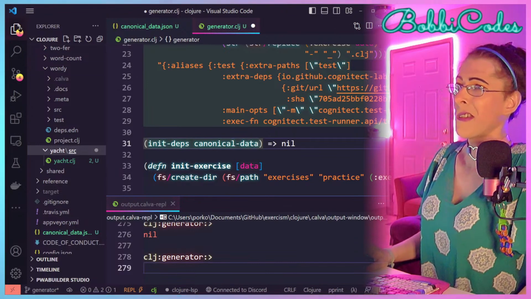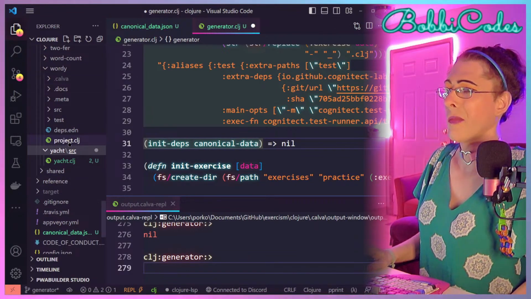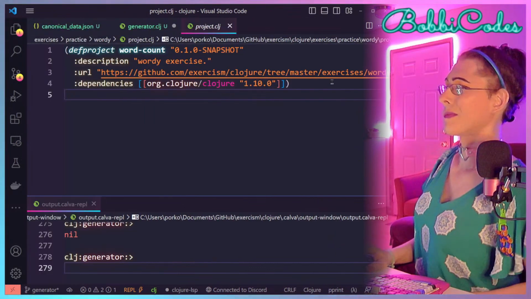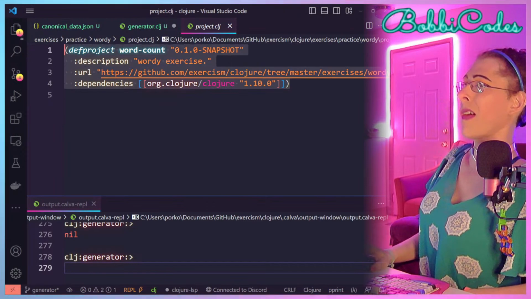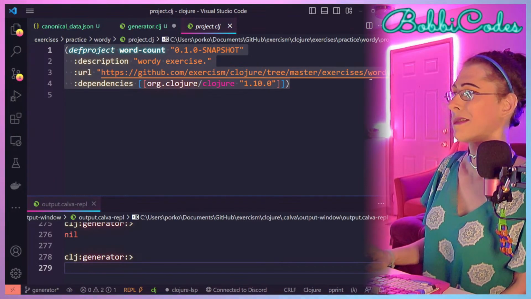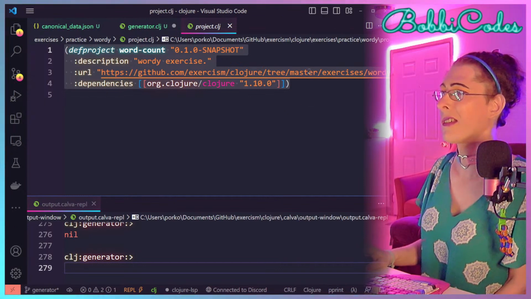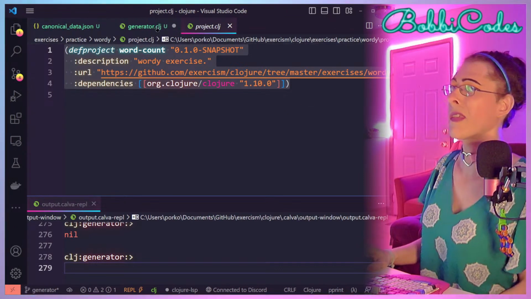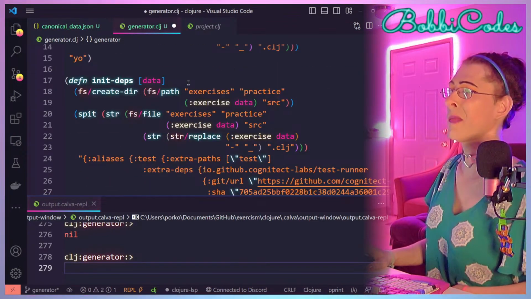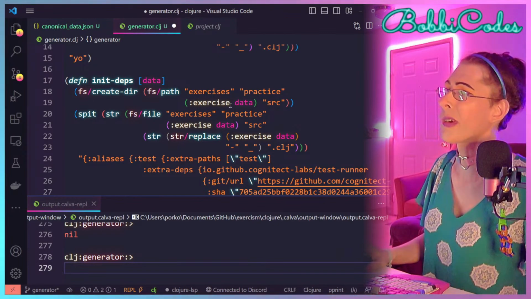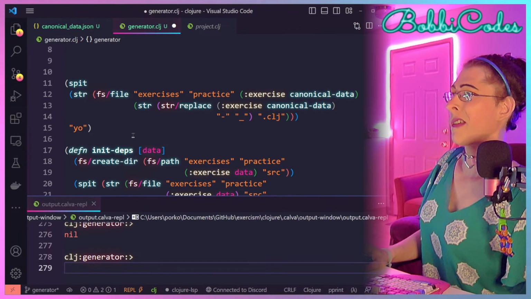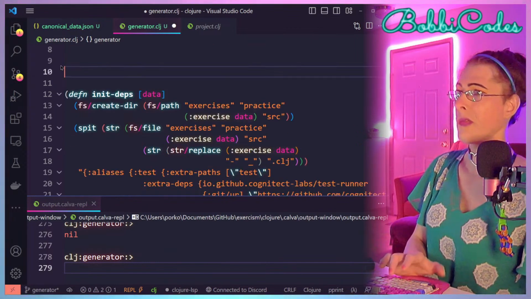So project.clj will be slightly more complicated because this one is supposed to have the name of the project in two places actually. So let's take care of that. I guess we'll assume that these will be run in order. And let's see, get rid of this.